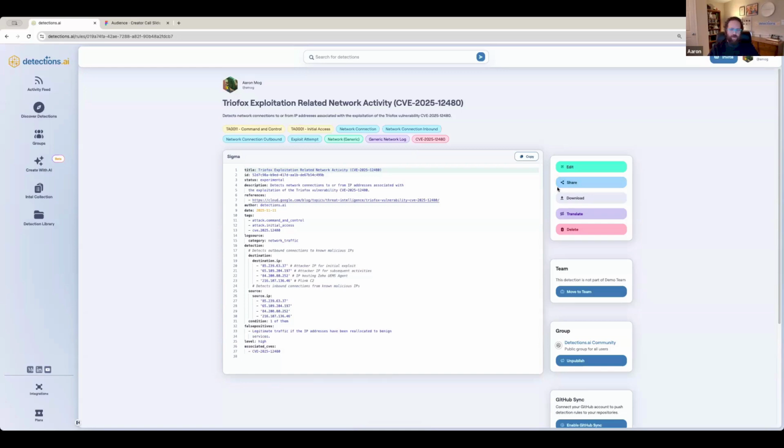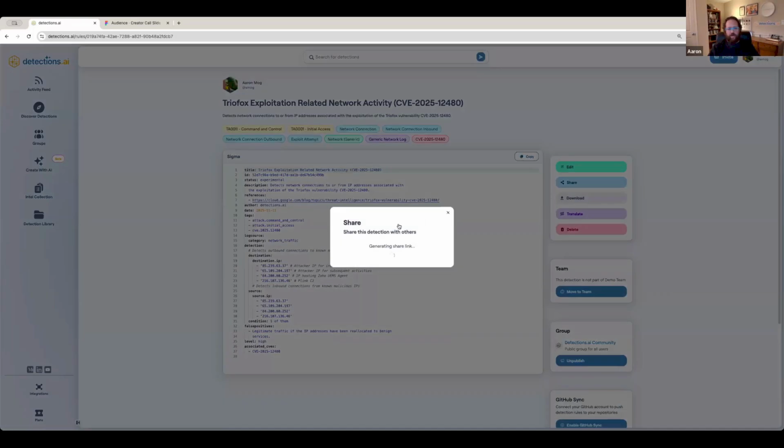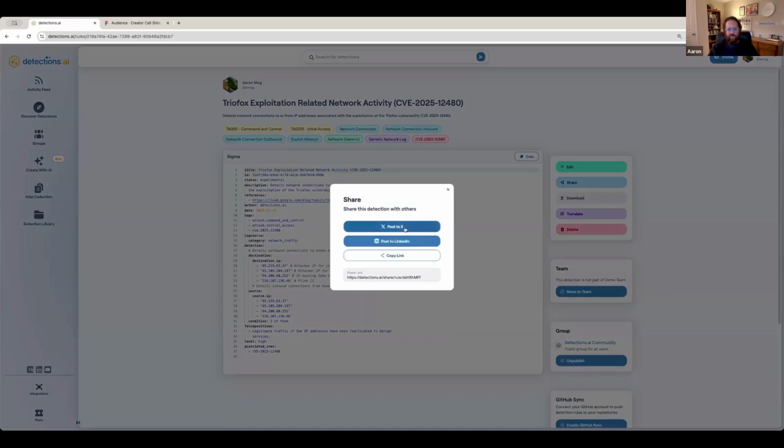This is also really popular for rule sharing. If you write a rule or you think it's news of the day or interesting, if you click on share right here, we have the integrations to post to X and LinkedIn, which basically use the normal post flow when you're already signed into LinkedIn. It works really well. I use it all the time. You can also just copy the link.